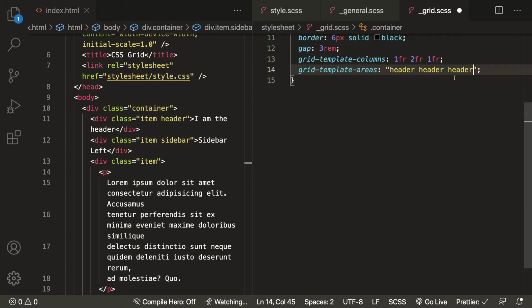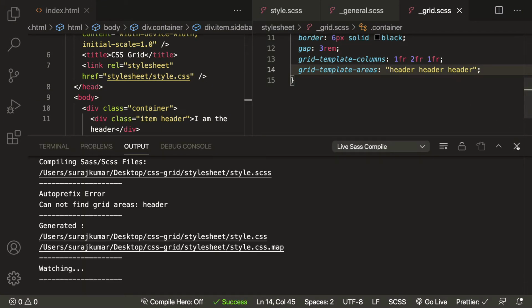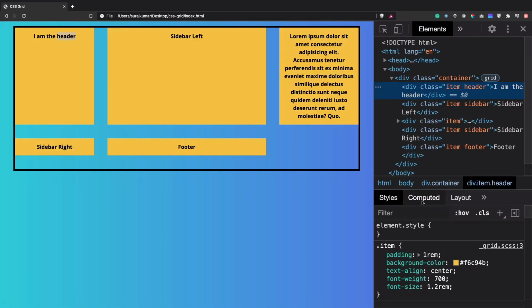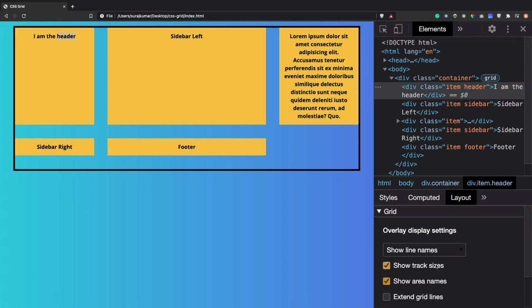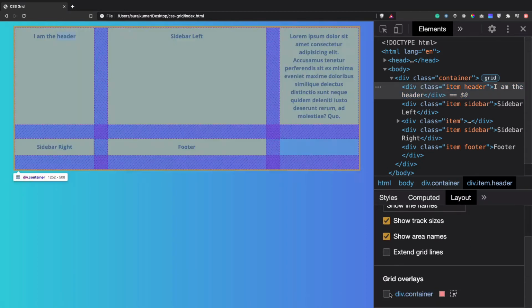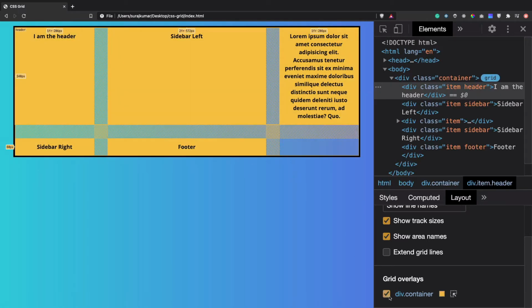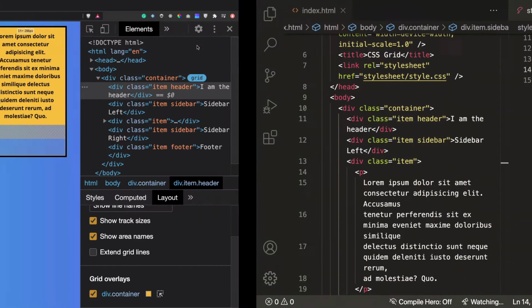So if we save our page file here, and now if we inspect our page, okay, so go to the layout, just so here. Now you can find that, let's give it a refresh first. Yeah, now let's take this. Okay, you will find here that the first area name is header and the rest are the same. That's why it has not been named.